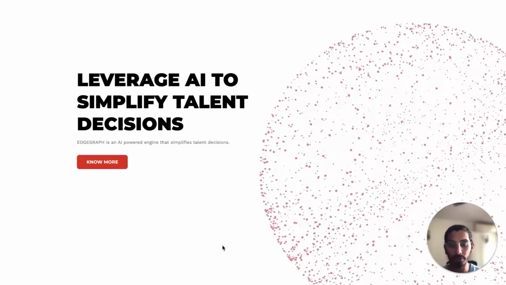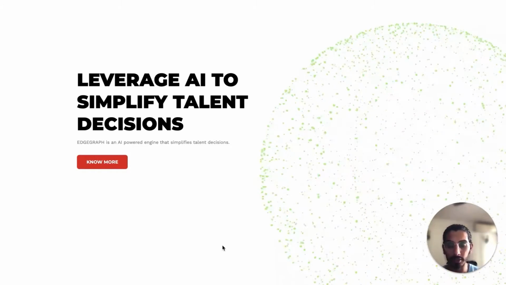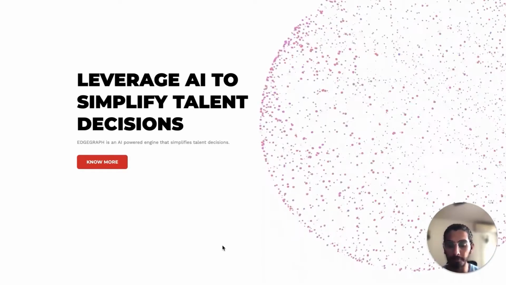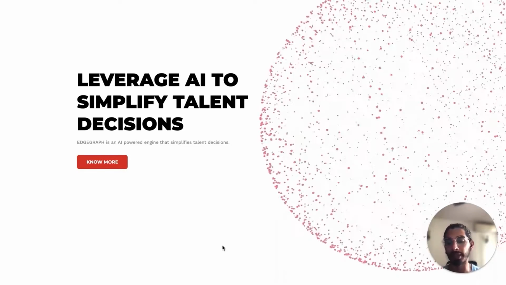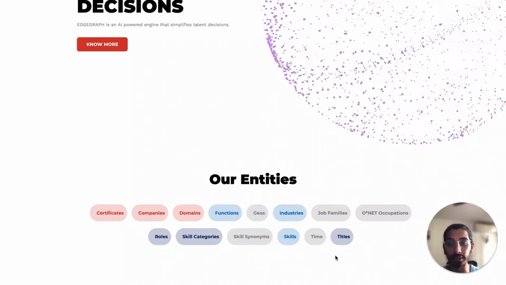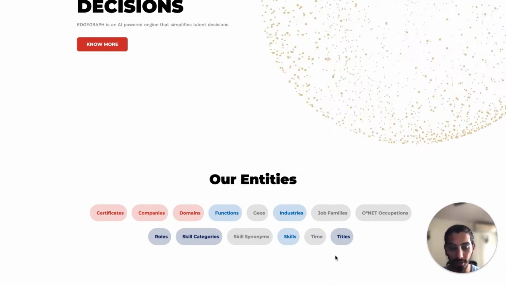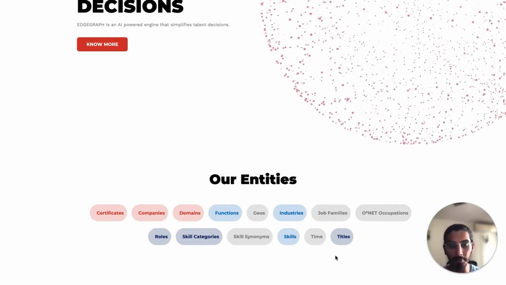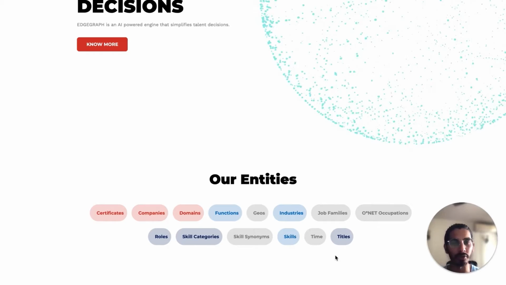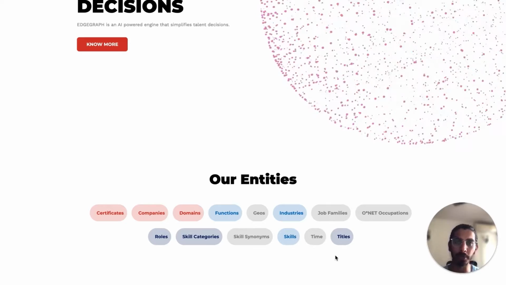By utilizing these advancements in data and in the field of ML and deep learning to build our knowledge graph, based on the jobs and the resumes, we have built knowledge about multiple entities which are supported as part of our knowledge graph today: certificates, companies, domains, functions, geos, industries, skills, and titles. Understanding these entities helps us solve multiple problems and understand the context better about companies, jobs, and candidates, and the work they are doing in a certain company at a certain point of time at certain locations.